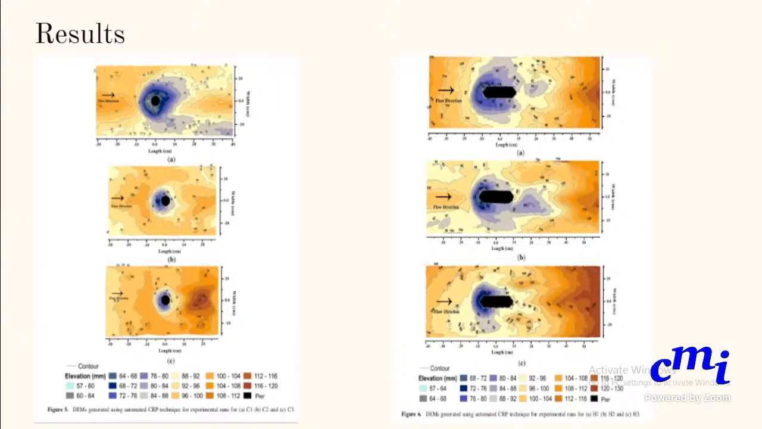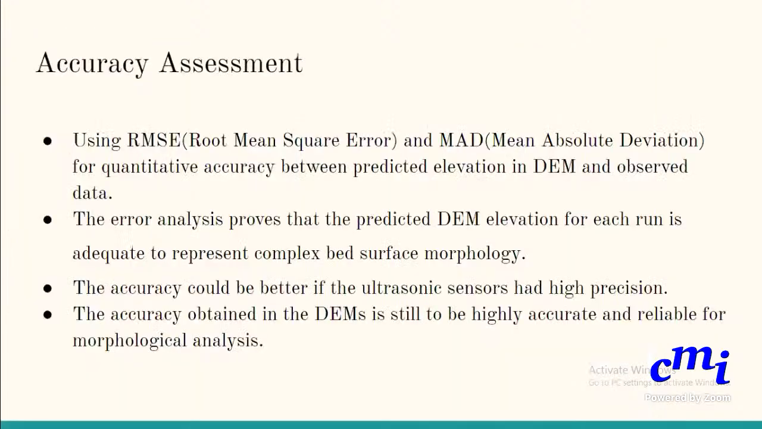These images. Okay, so next. For accuracy assessment, they have used RMSE, root mean square error, and MAD, mean absolute deviation. For the data, they compared the elevation predicted in the DEM and the observed data by the gauge. So the error analysis proves that the predicted DEM elevation for each run is adequate to represent complex bed surface morphology. And they also said that the accuracy could be better if the ultrasonic sensor had high precision, but